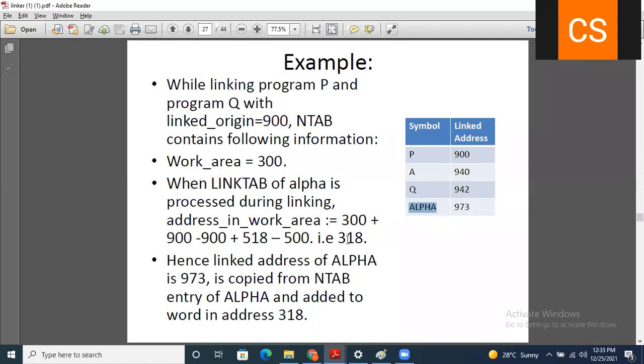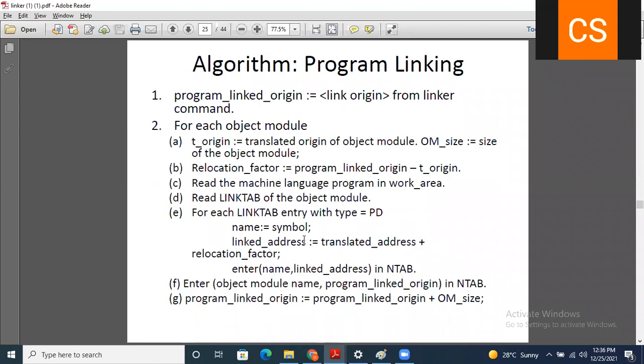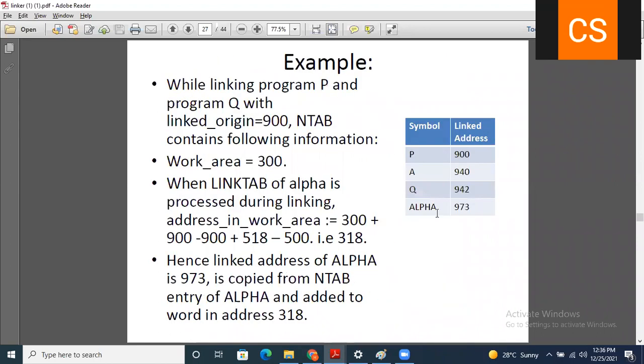and for the internal, that is for the PD, the calculation is given as A equal to 940.